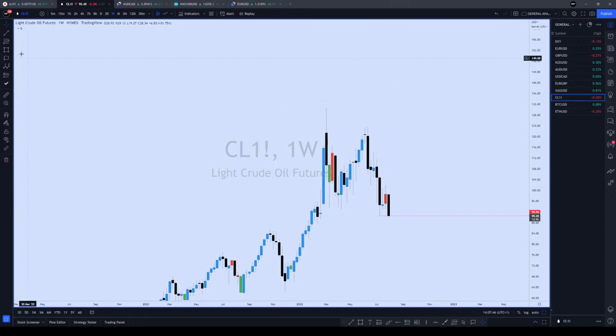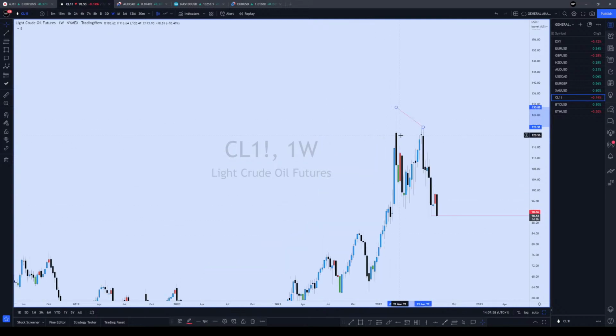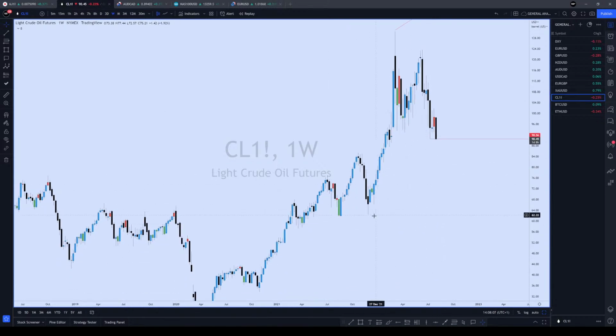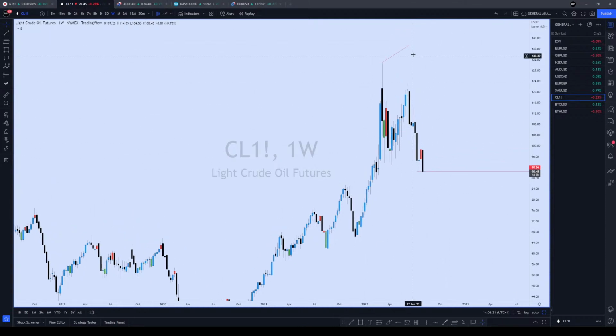But I don't like the fact that they did this, right? They left equal high coming down, so that's not a good sign of a reversal. I would have preferred a high, right? If it was a high, then breaking this low, I'm confident that we're going to run a little bit lower. But looking at this current state of the high and this high, it's kind of a pattern that can send price back up again.